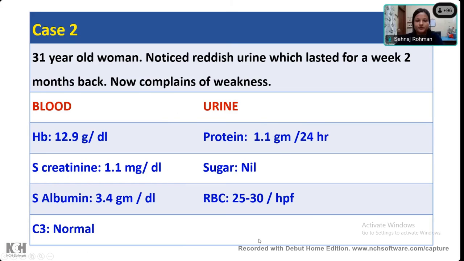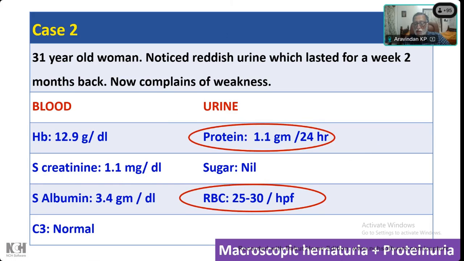Yes, sir. Mild proteinuria, and there is hematuria as well. Even grossly, in the history, they say passing reddish urine. So episodically, they must be having macroscopic hematuria also. So this is what you would call macroscopic hematuria plus some kind of proteinuria. So when you have this kind of picture, what are the things that you will think of? What would the clinician be thinking, in fact?